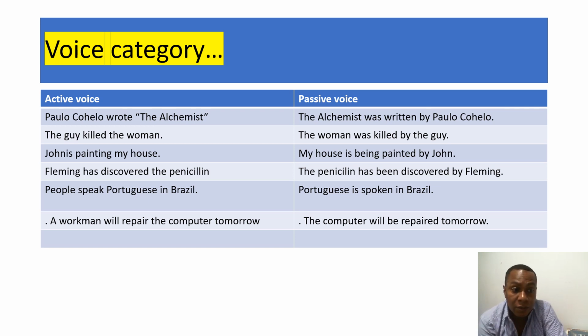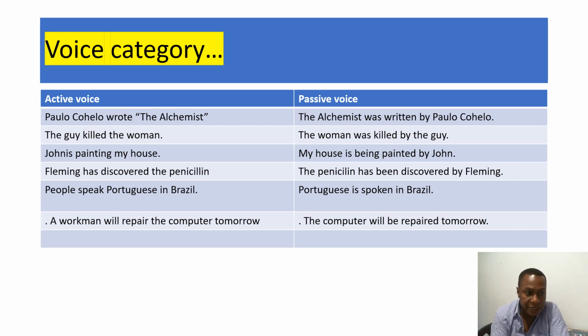Okay, that is for calling attention, and always in the structure of passive voice there are two elements that are going to be very important. First is the verb to be, and the other part is the past participle of the verb. Always in a passive voice tense, we're going to have the verb to be and the past participle of the verb.